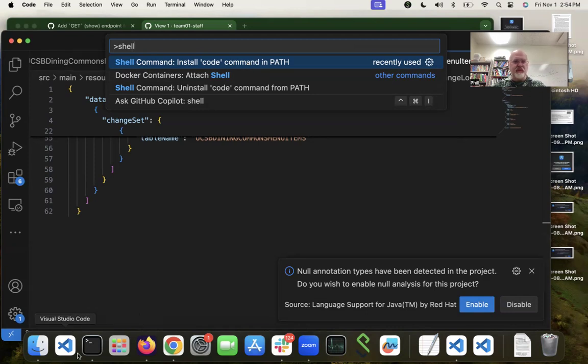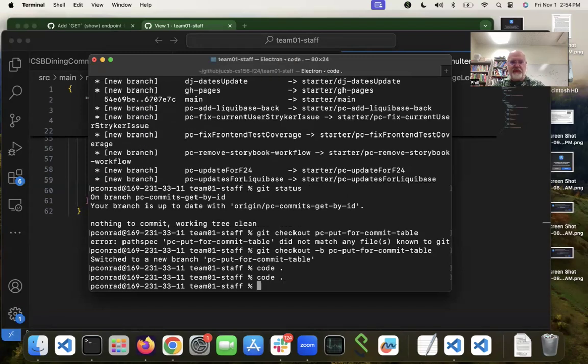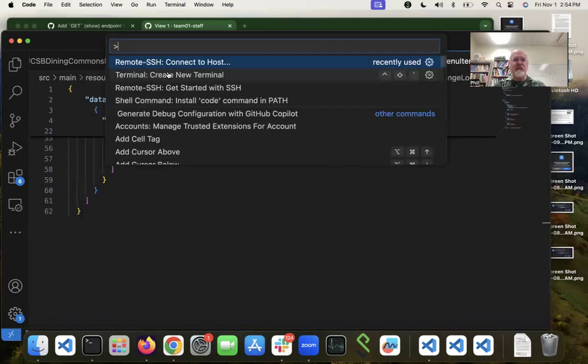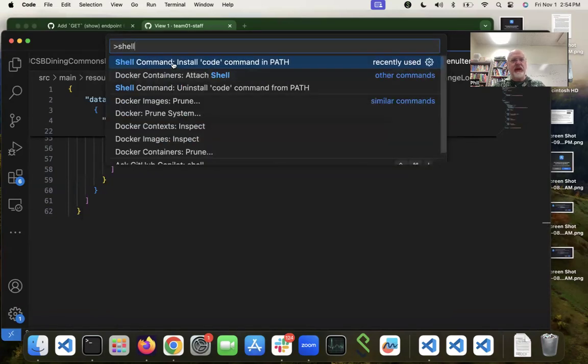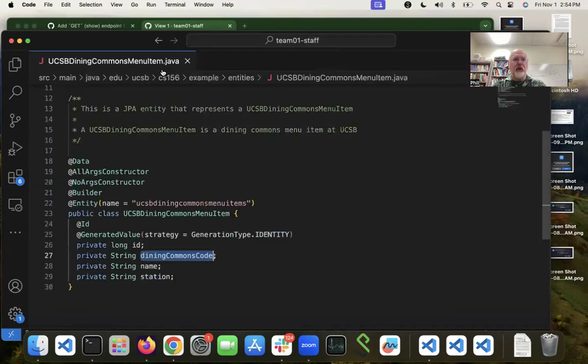But if you do not have the ability to type code dot, meaning current directory, and open up VS Code in the current directory, that's how you get that ability. You go up here, go to show and run commands, type in shell, and then choose this option right there. All right, so let's go ahead and close up all